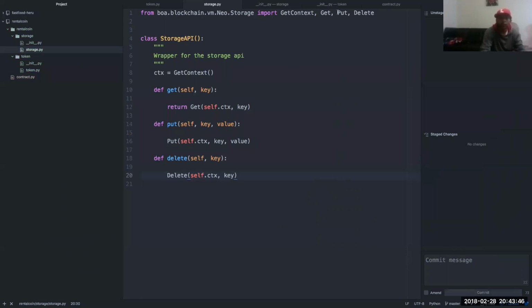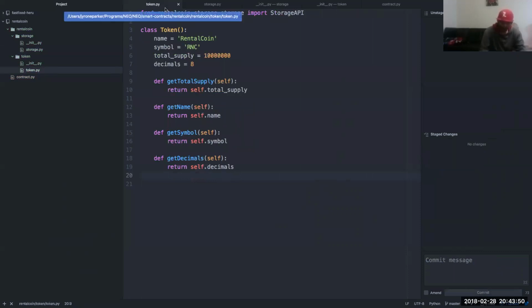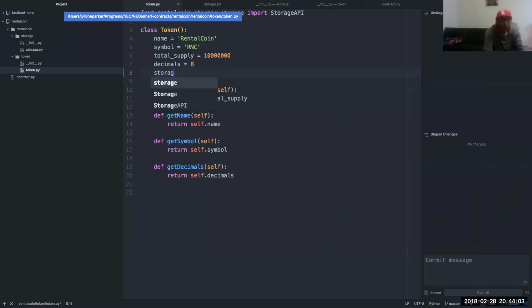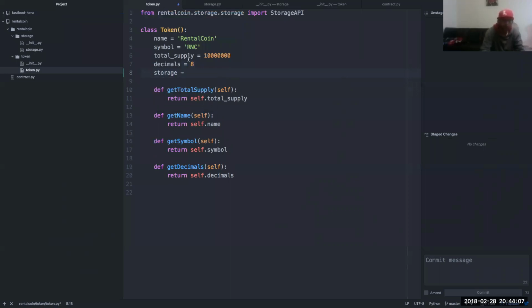Let's go over to token.py. That's what I was looking for. All right, so let us look at the get total supply. So that needs to be returned. Source equals new storage API.